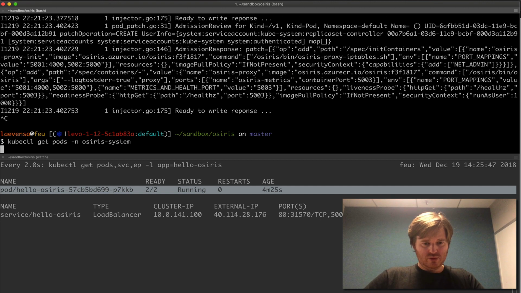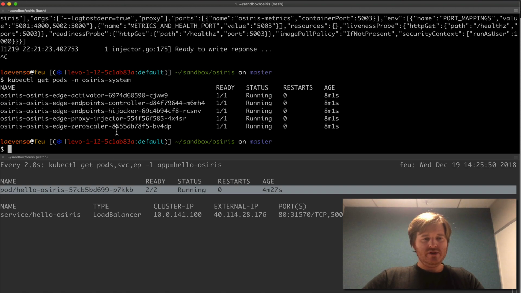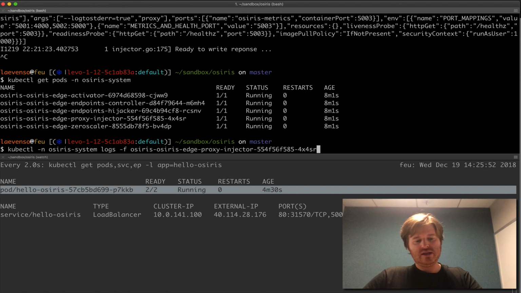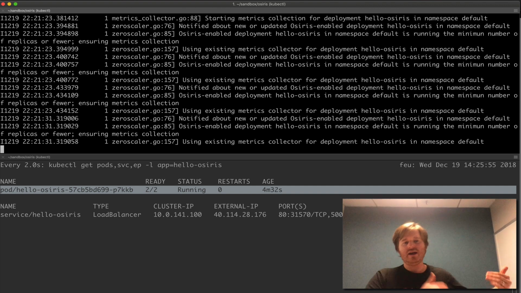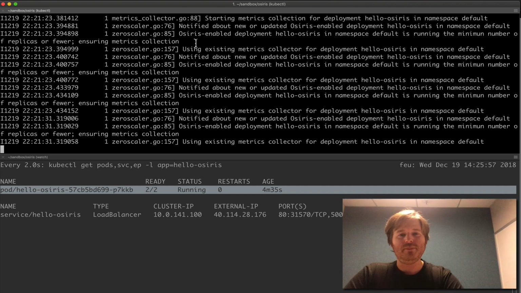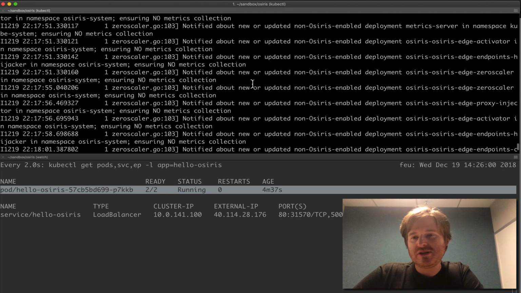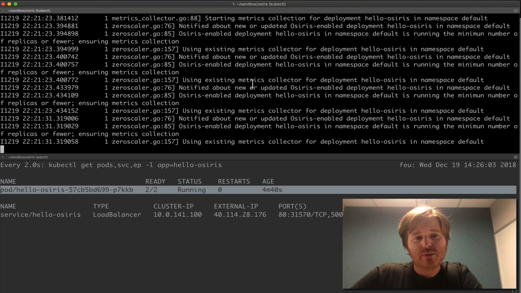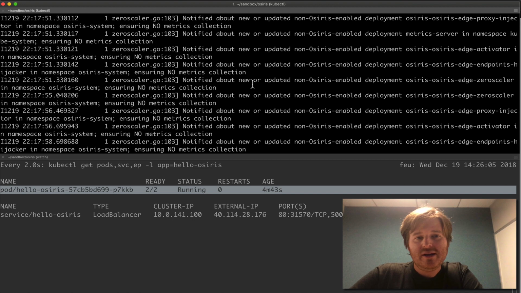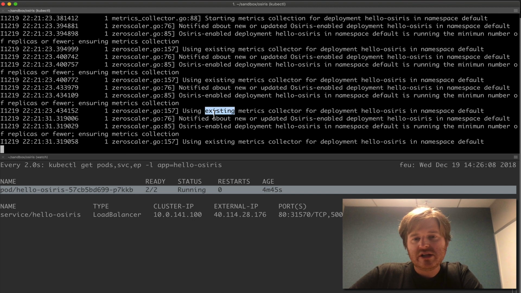And there was one more here, the zero scaler. So let's see, this is responsible for, I like how there are these discrete little components in here, and each one has its naming almost synonymous. Well, it is exactly what it's doing, so it leaves no room for interpretation in the name. So using existing,